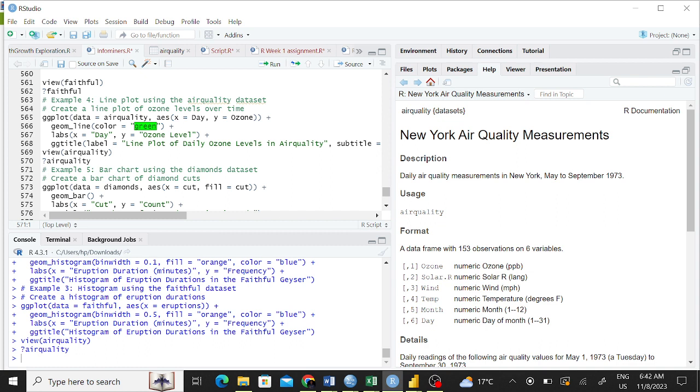Yeah. So you can see ggplot, data is equal to airquality, aesthetic x is equal to Day, y is equal to Ozone, then geom_line, color is equal to green. We are using color is equal to label and things like that. So we want to plot Day versus Ozone, like we want to see the